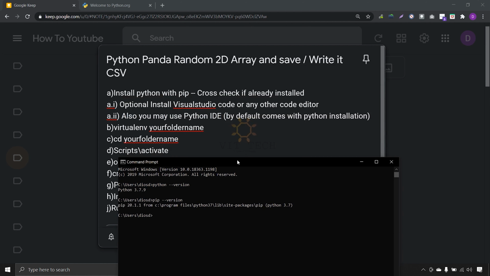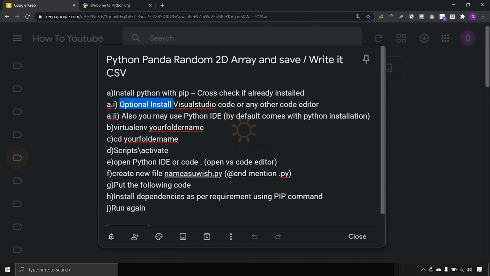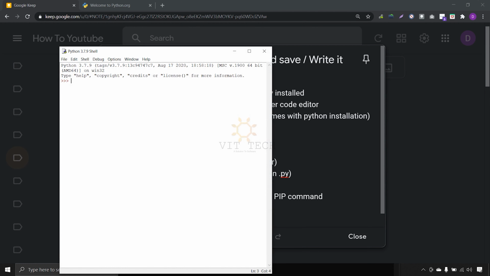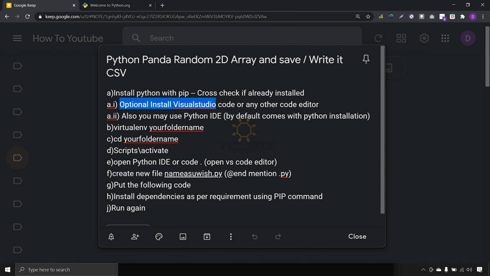Now, optionally, Visual Studio Code. Visual Studio Code is easy for editing Python and other code. Otherwise you can use the inbuilt IDLE of Python. Here you can see IDLE, which comes by default. This is the code editor for Python. You can create a new file and everything. Now let us start with